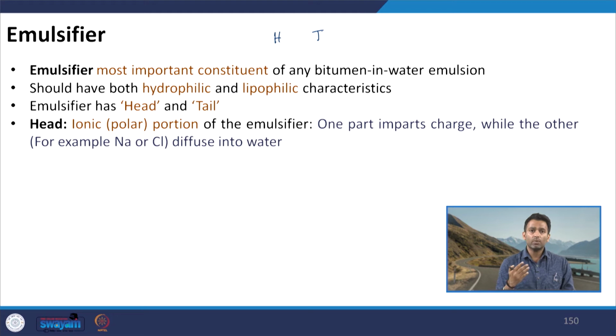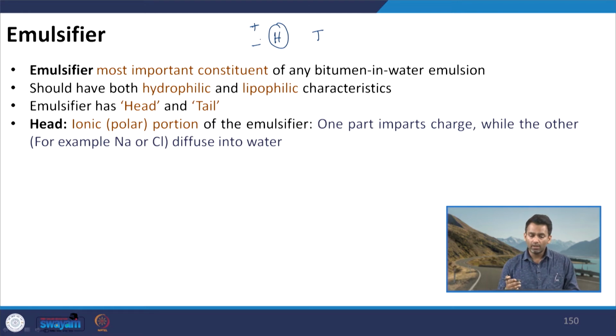The head of the emulsifier is basically the ionic portion, and since it is the ionic portion, the head is a form of dipole or is polar in nature, and it has both positive and negative charges. Now, one of these charges will be the overall charge based on which we will classify the emulsion, whether it is cationic or anionic, whereas the other charge will be diffused in the water